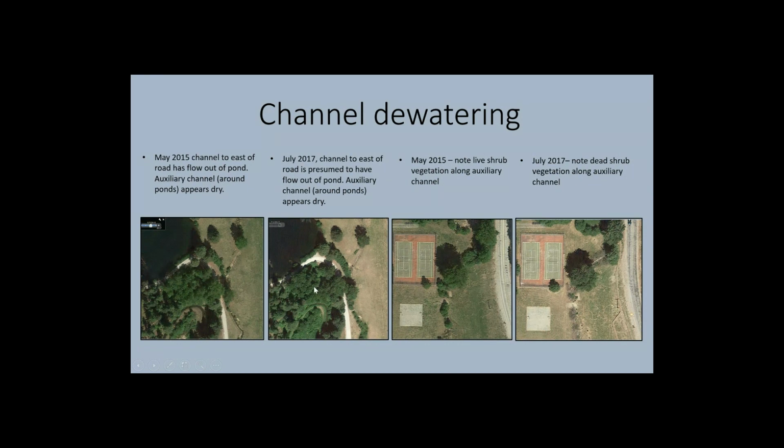So what we see is that there's been sort of varying levels of riparian vegetation in these areas. You can see the difference here, 2015 and 2017. But what we're also seeing is that, here's the auxiliary channel. We're not seeing any water there in May of 2015, July 2017, but then over here, in the upper auxiliary